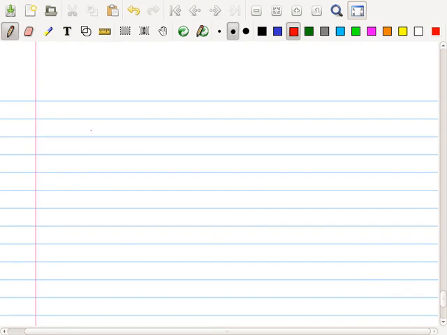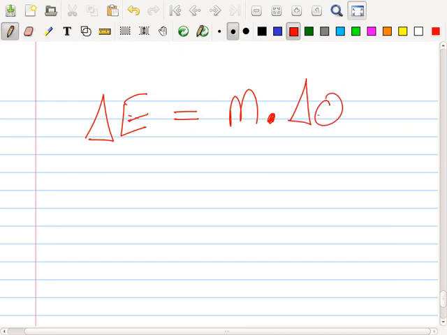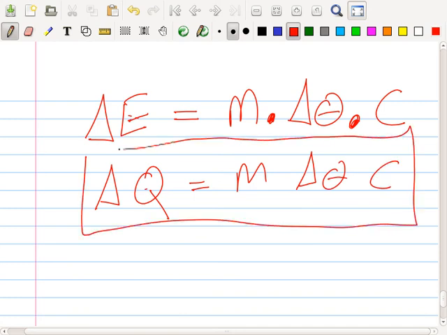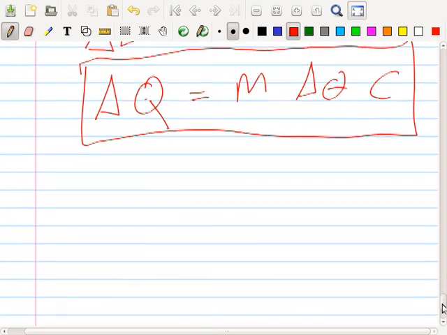So the formula is the energy you put in. Now I use E, but sometimes people use Q. Either is okay. The energy you put in will equal mass times the change in temperature times specific heat capacity. And just so you know, some people use Q for heat energy, and T instead of theta. I don't care. Just in the handbook they give us Q. So can you do an example? Yeah, I'll do an example.